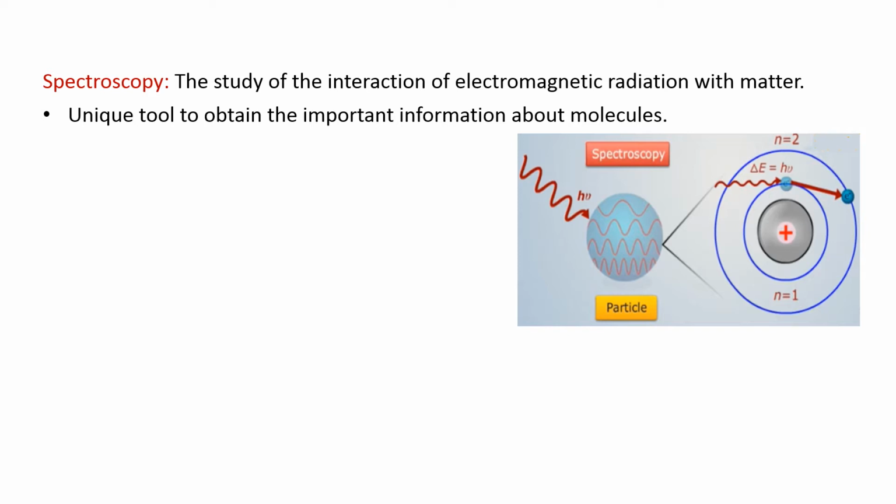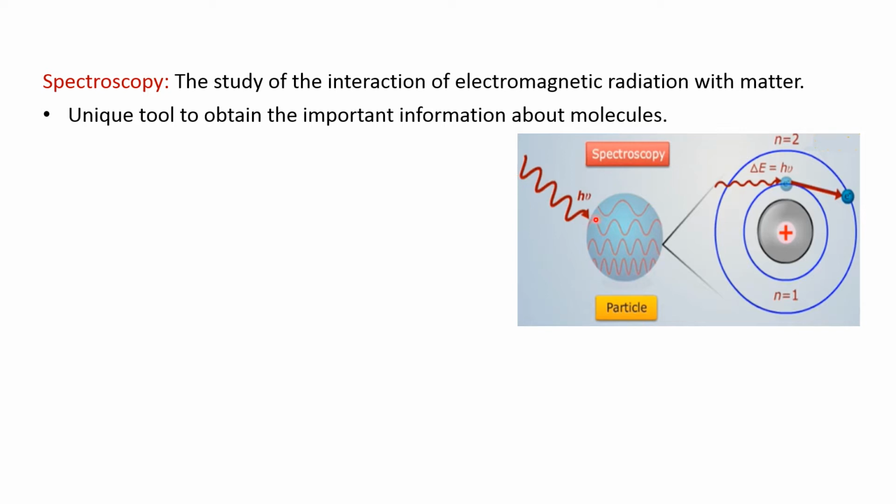The study of interaction of electromagnetic radiation with matter is spectroscopy. Hope you can watch this diagram. A plus charge, n is equal to 1 state, n is equal to 2 state. Immediately you can get into your mind this is nucleus and these are the energy levels around the nucleus, and at the same time this may be an electron, the blue particle. Here I am imagining electron as a particle. The blue particle here I have shown like this as a particle.